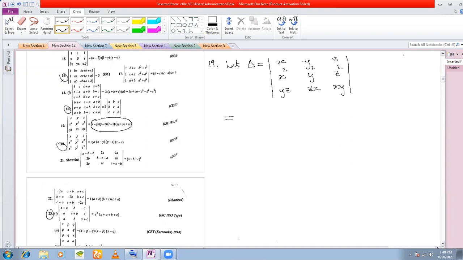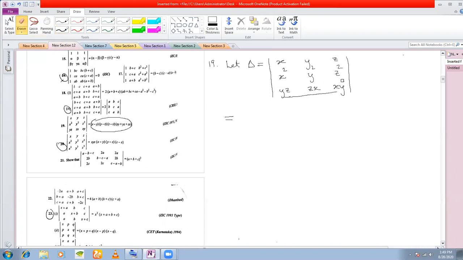Now see here, if you see the rows and the columns, in the first row what you have? x, y, z. Second row you have x square, y square, z square. And the third one you have yz, zx, xy. Now, column wise, you have x, x square, yz. You have y, y square, zx. You have z, z square, xy. What you see is that in this third row, you have yz, zx, and xy. So here, what is missing? x is missing. Here, what is missing? y is missing. And here, what is missing? z is missing, right? So whatever is missing, we give it.